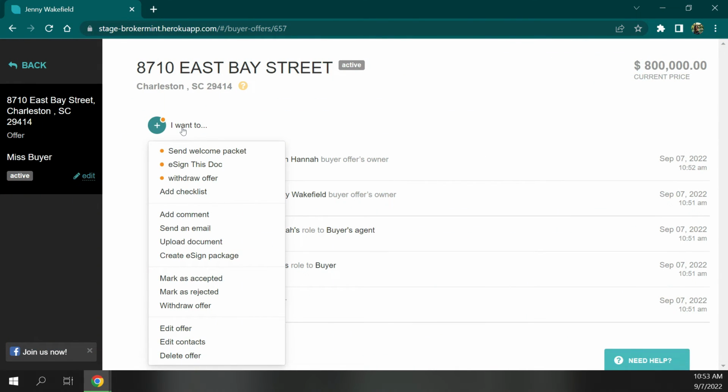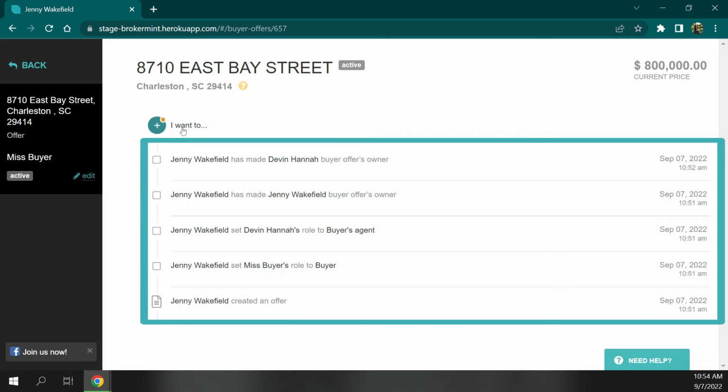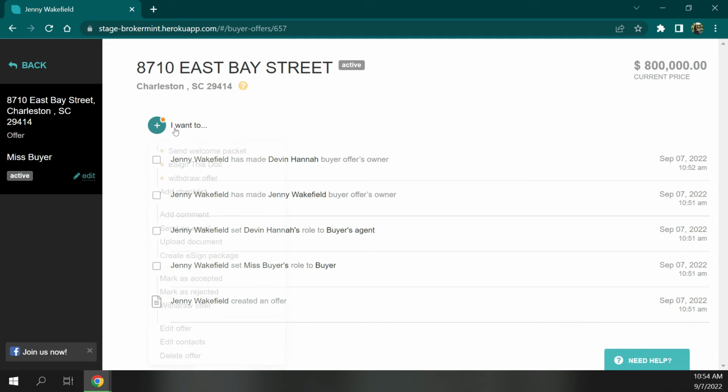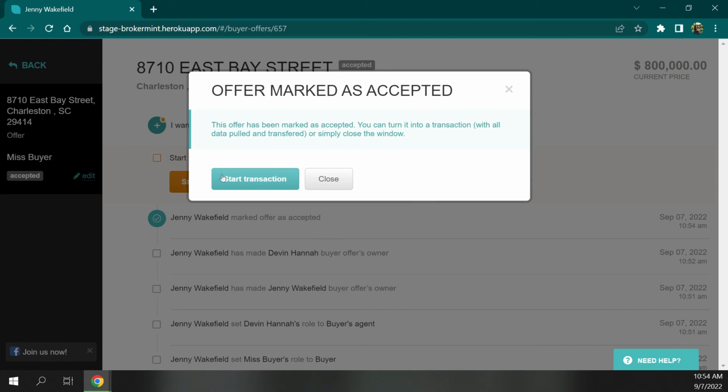From the I Want To menu, you'll also be able to mark offers as accepted, mark it as rejected, or if it needs to be withdrawn by selecting the appropriate status. The activity feed displays a list view of all actions made to the offer with the most recent action shown at the top. Once the offer is accepted, a pop-up window will display, and when clicking the Start Transaction button,